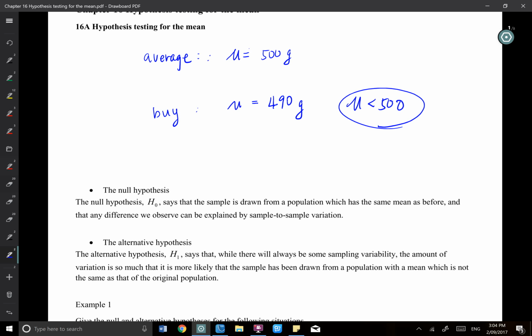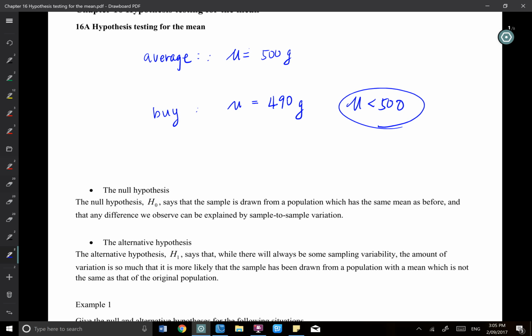But you know that we have standard deviation as well. I can still set the mean at 500 and it can still achieve 490, right? It depends on what your variance is. There's still a chance that you can achieve 490. Now the question comes: is it because of the variance from data to data, just bad luck? The mean is still 500, but you just get a bag which is quite far away. That's your bad luck. Or is it really that the value has gone down, that the mu has gone down?